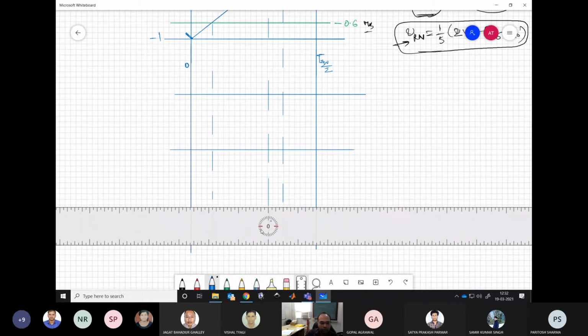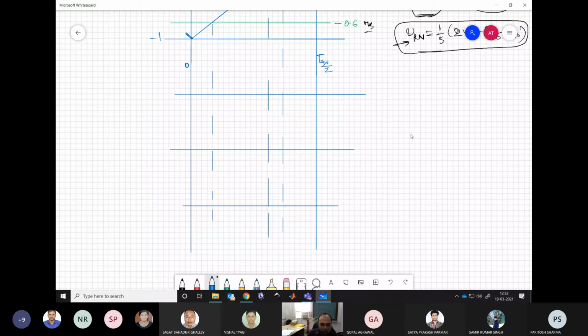So what we are trying to do is draw the pole voltages corresponding to the three phases, and then we can figure out what VRN is. Now we are ready. Let's say the first one is our VRO. Then we have VYO and VBO. So we will see that.